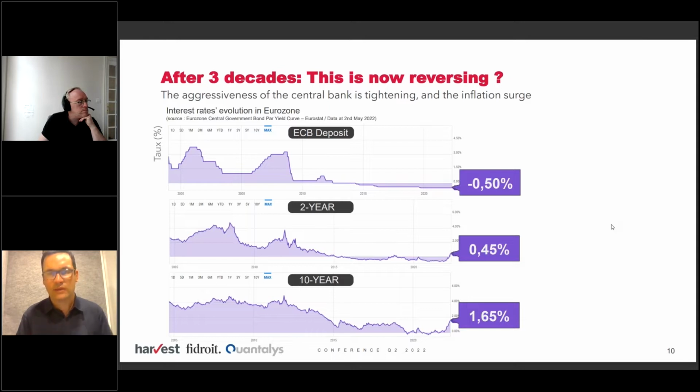They are tightening their policy, but also the inflation surge increased. It's clearly relative, because we are still at a negative level on the ECB deposit rate. But you see the situation on the 10 years or long-term interest rates, and this high increase in Europe,